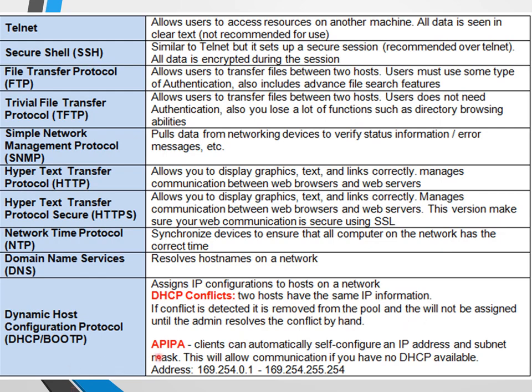Next one is APIPA. This is a client that can automatically self-configure an IP address and subnet mask. So this will allow communication if you have no DHCP available. So addresses are